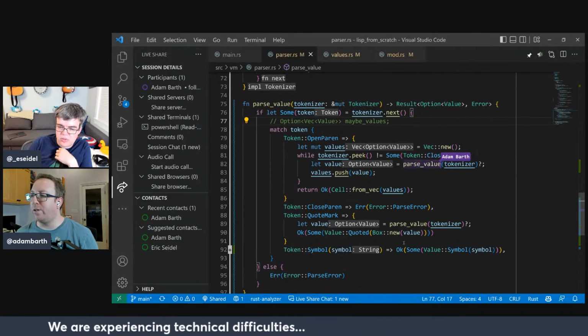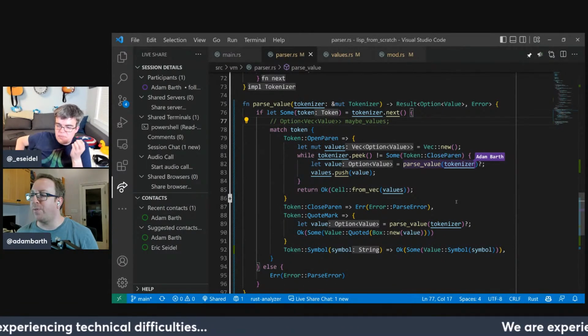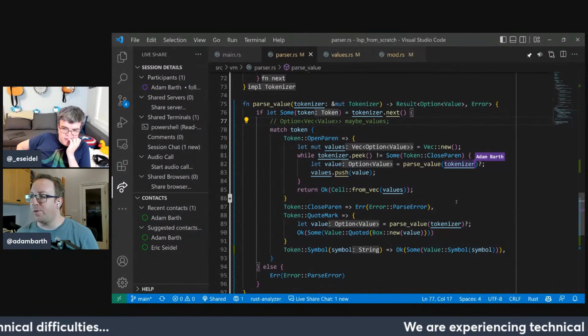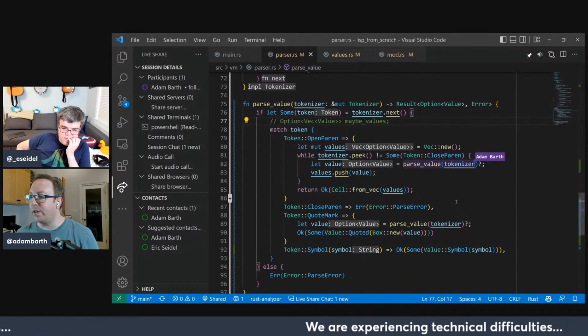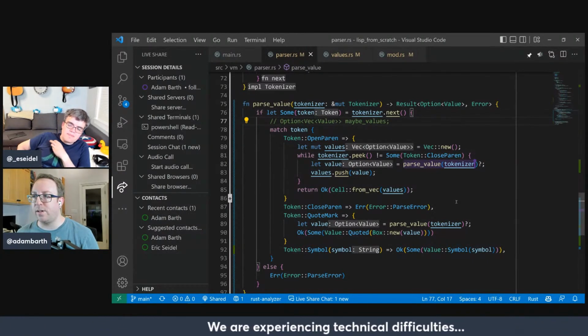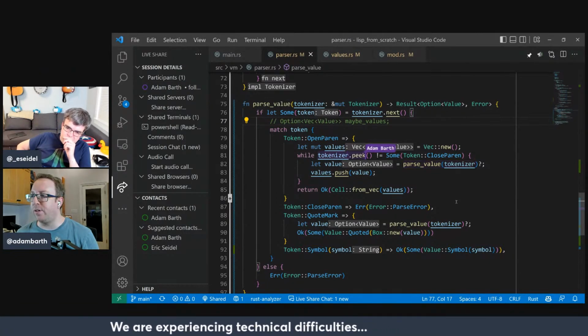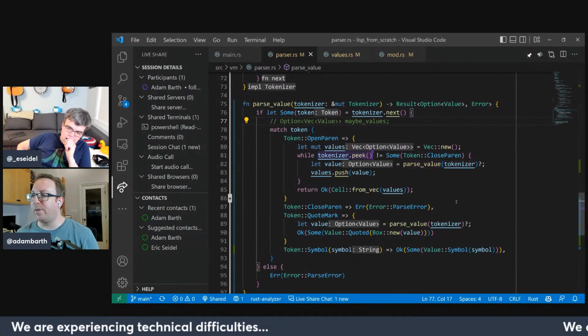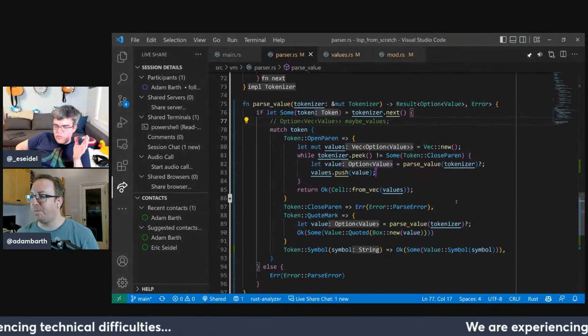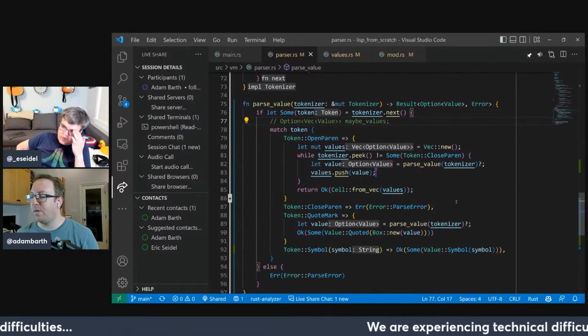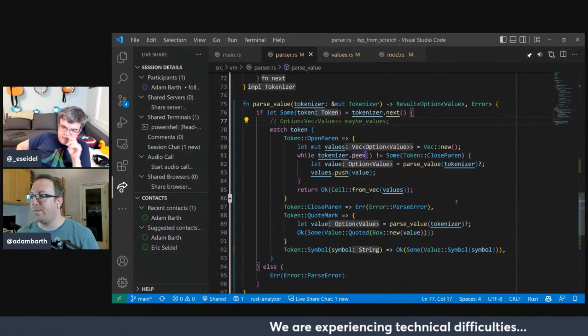The reason you can't do that is because when you want to call parse value recursively, you need to pass in a tokenizer in a good state, like in a coherent state. So peek allows you to look ahead. Yeah, I hear you. You have the mutability problem if you are looping on the